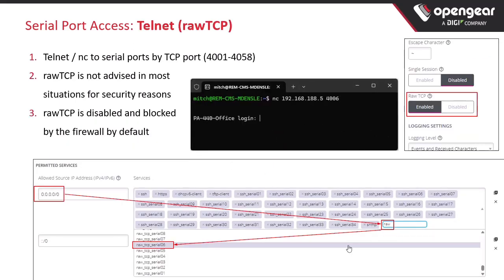Last but not least, I want to mention Telnet or Netcat. You can use these more basic forms of connectivity, but they are not recommended due to security reasons. Telnet is clear text, Netcat clear text. So any potential attacker sitting between the user and the appliance who is, let's say, logging TCP traffic could see all the commands, could see all the responses for this serial SSH or this Telnet to serial session. And so for that reason, out of security, we do not recommend using Telnet or Netcat, especially